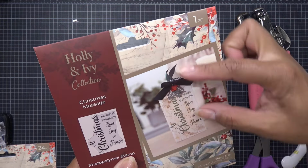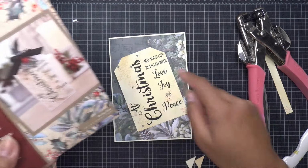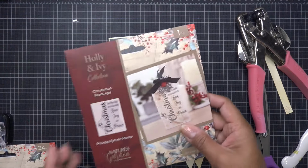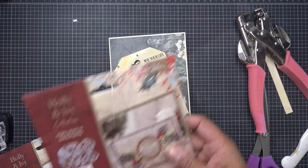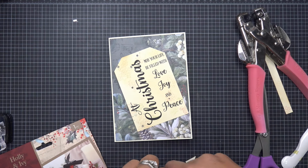So see how they did it? Again, the tag is longer. Like I said, maybe I should have made this longer. They have these cute items in there, but it might cover up my lettering, but maybe it won't. So we're going to cut some of these guys. Excuse me, every time I pause, I can tell I'm not going to be able to speak anymore. So my throat's just like...